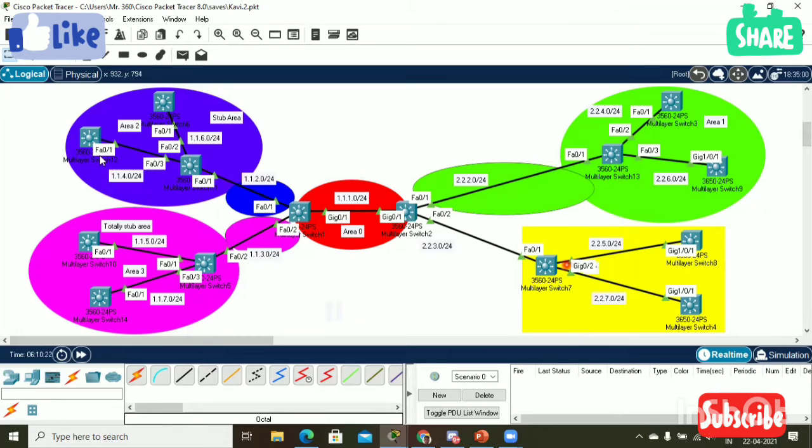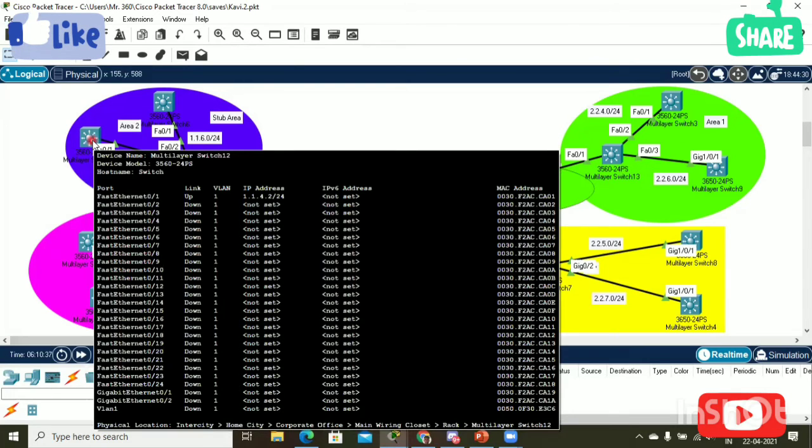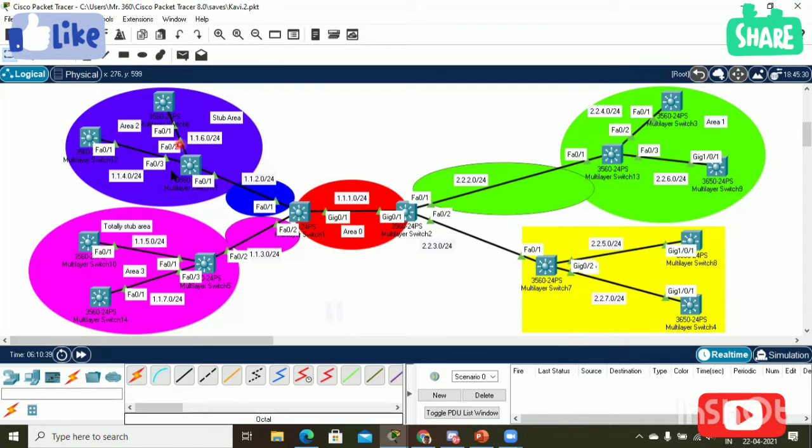For this area, if I want to send some data from this router, this router will not have any route for this network, but it has the default route to this router.